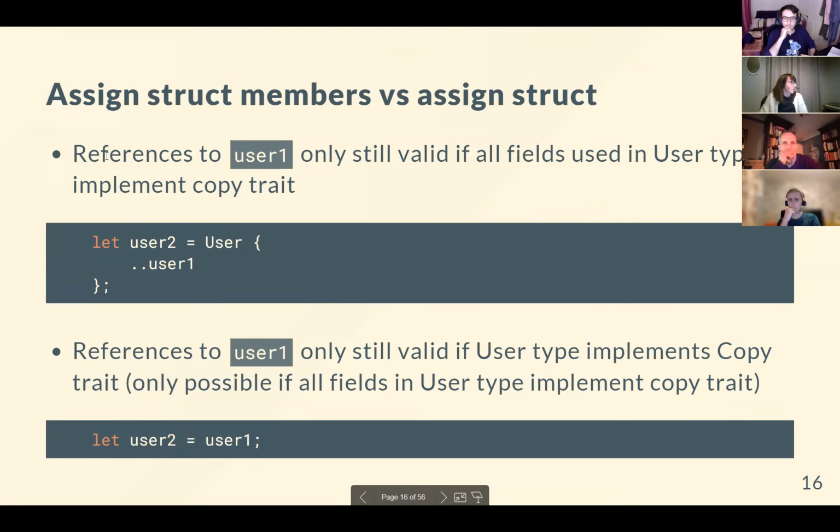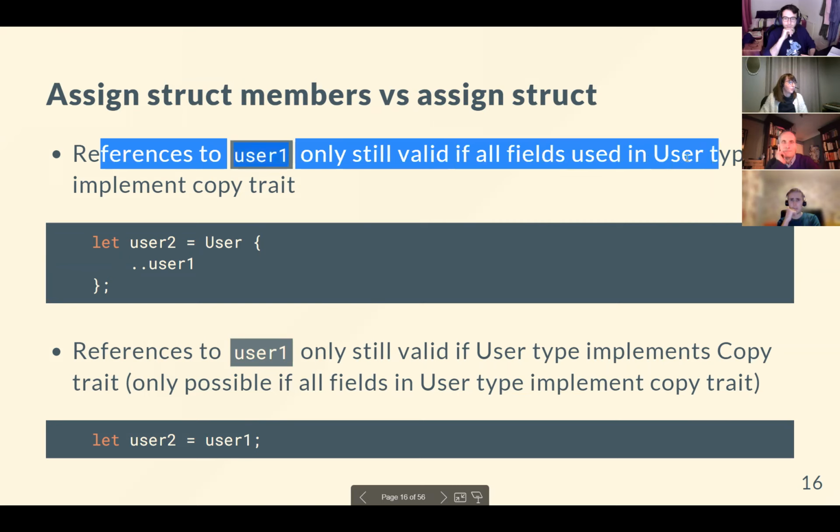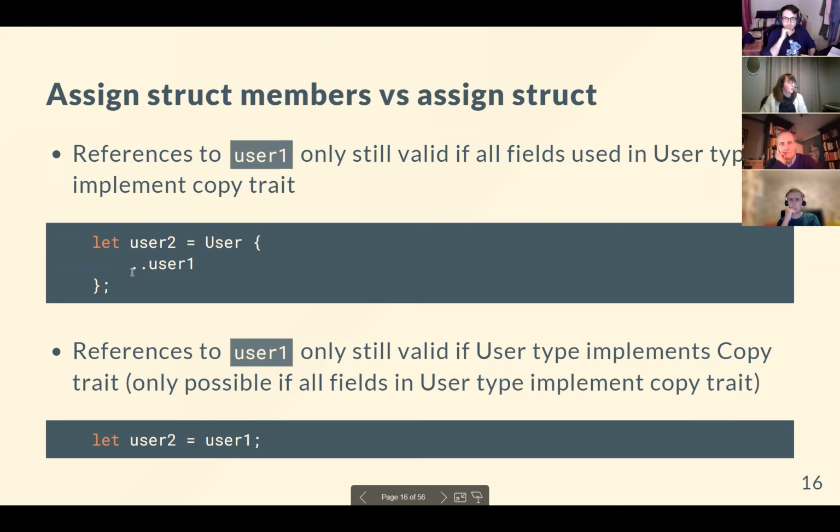This is saying exactly the same thing. So reference user one are only still valid if all fields used in the user type implement the copy trait, and that's because this is doing it field-wise. One thing I wanted to add in, which I don't think was in this chapter, but is important to mention, which is that the user type doesn't need to implement the copy trait for this syntax,